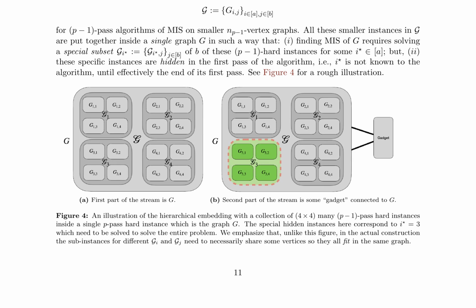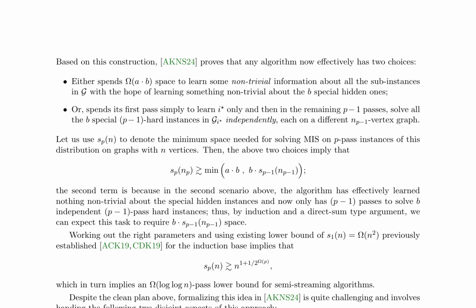The authors adapt this technique to prove a dynamic streaming lower bound, as opposed to insertion-only ones, and address the challenges that arise in this adaptation. They borrow ideas from prior work in DK20 and AKZ24 to construct hard instances of the problem and analyze them using information theoretic tools. The lower bound relies heavily on communication complexity arguments, and the authors provide a brief overview of this technique and its connection to streaming.